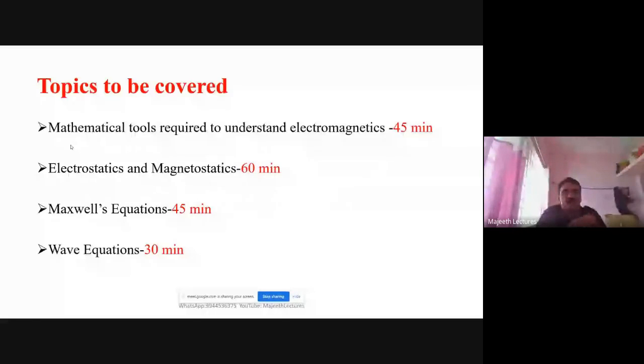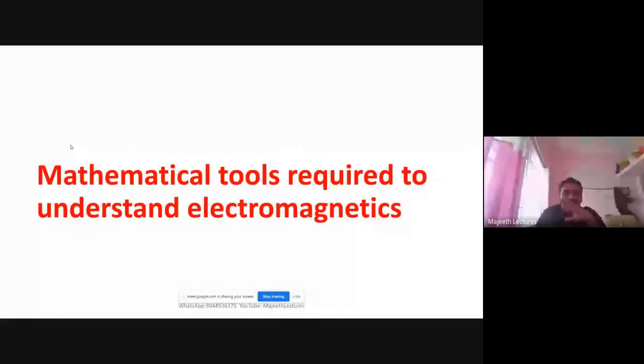Okay, so first we start with the mathematical tools. As an engineer, the language of engineers is mathematics. Without knowing the basic mathematics, that is vector calculus, it is very difficult for us to understand electromagnetics, TLW, and antenna. Vector calculus plays a huge role in these three subjects. So first I deal with this. Don't worry, I won't derive the equations and all, but I will give the meaning of the equation. That is very important. In GATE, they ask that only, whether you understand the meaning, understand the concept, right? So first, mathematical tools required to understand electromagnetics.